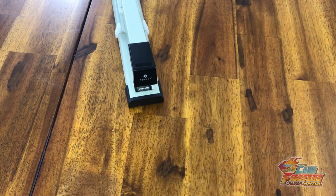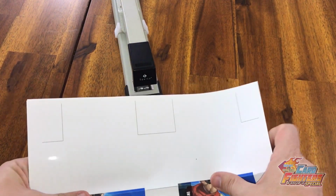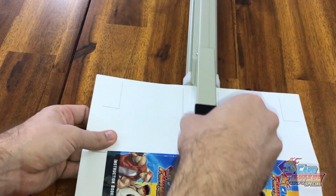Oftentimes you can use the kind of binder clips that they sell at office supply stores, which is what I normally use, but I don't happen to have them with me right now, so I went ahead and used these chip clips. So anyways, after we have that nice and fastened, now we want to go ahead and make sure this is going to be nice and flat here. Because when we put it into position,